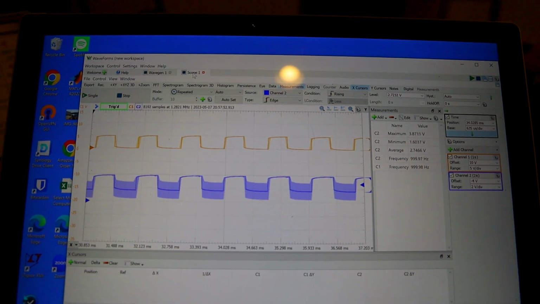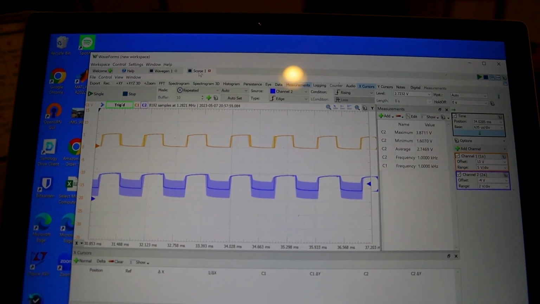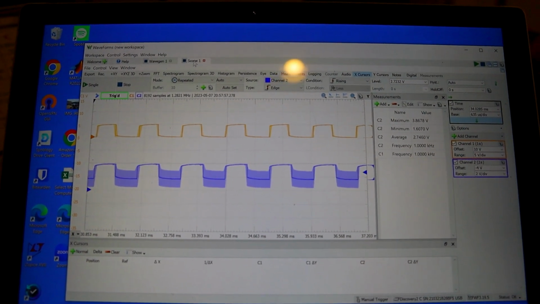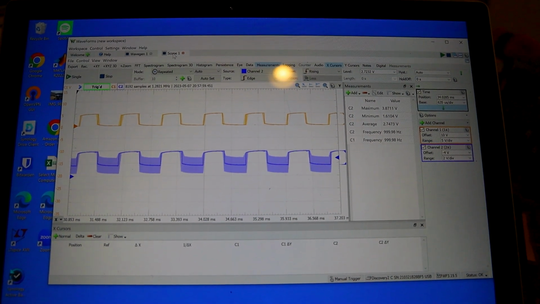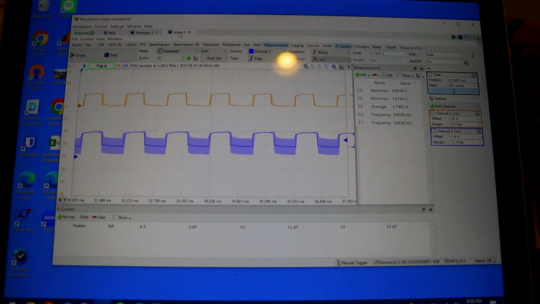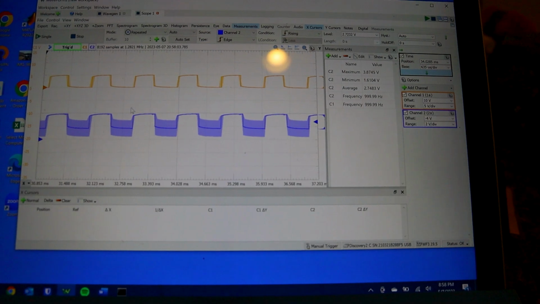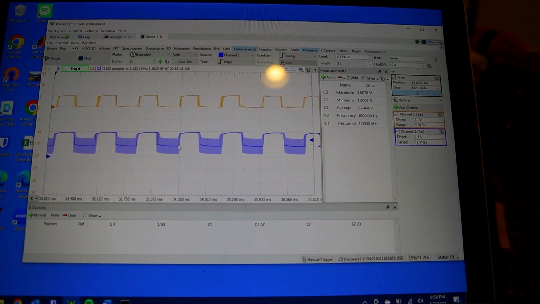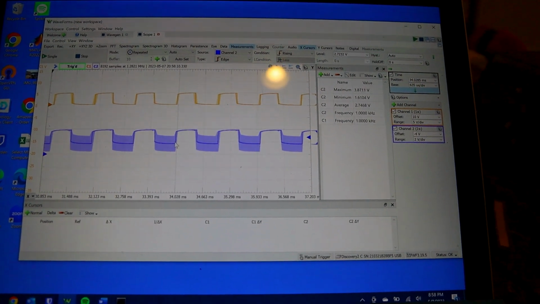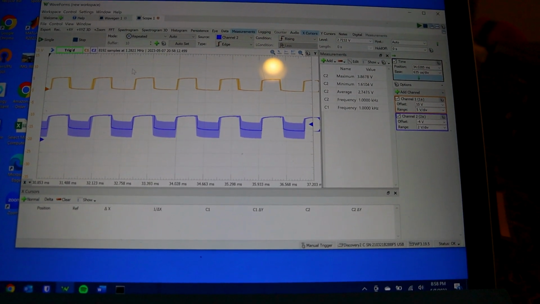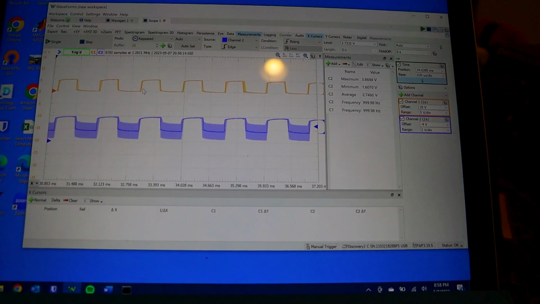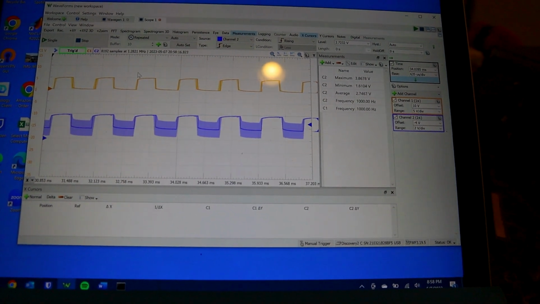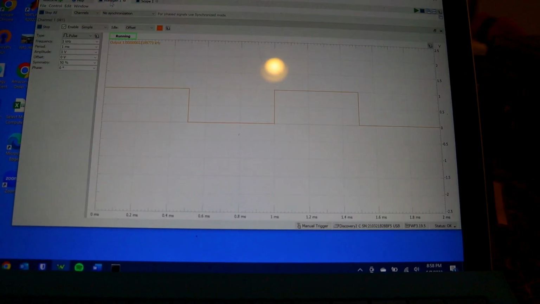Okay, so we are now connected to the HC221 multivibrator, which will generate pulses of a fixed width when it detects a zero crossing. In this demo, the blue is still the MAX913 with a 1 kilohertz pulse going into it, and the orange is the output of the pulse generator. As you can see here, if I increase the frequency of the input square wave from 1 kilohertz to 2 kilohertz,